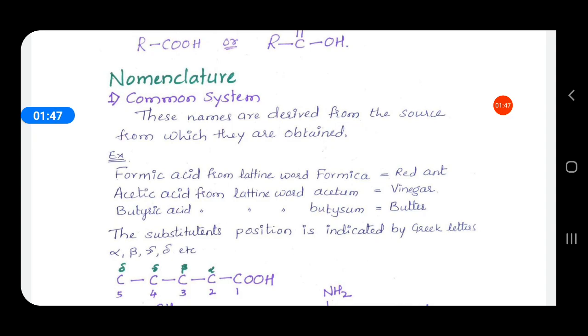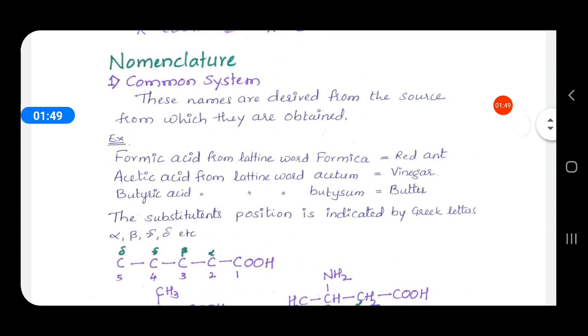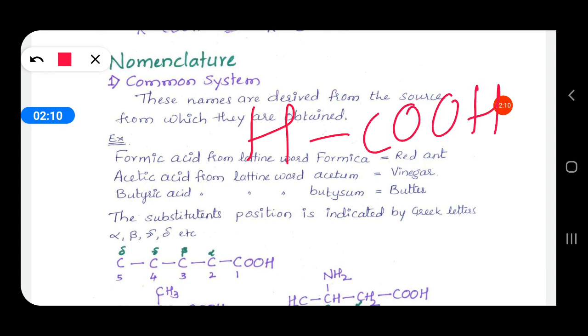For example, formic acid: the Latin word is formica, which means red ant. By the distillation of red ants, the acid obtained is called formic acid. Actually the formic acid formula is HCOOH. So in the general formula, in place of R, hydrogen is substituted. This is formic acid. Acetic acid is